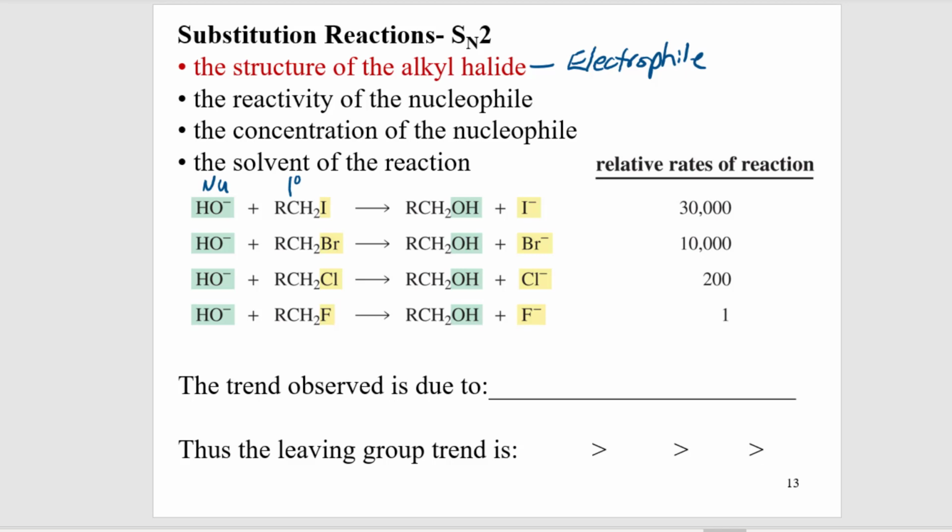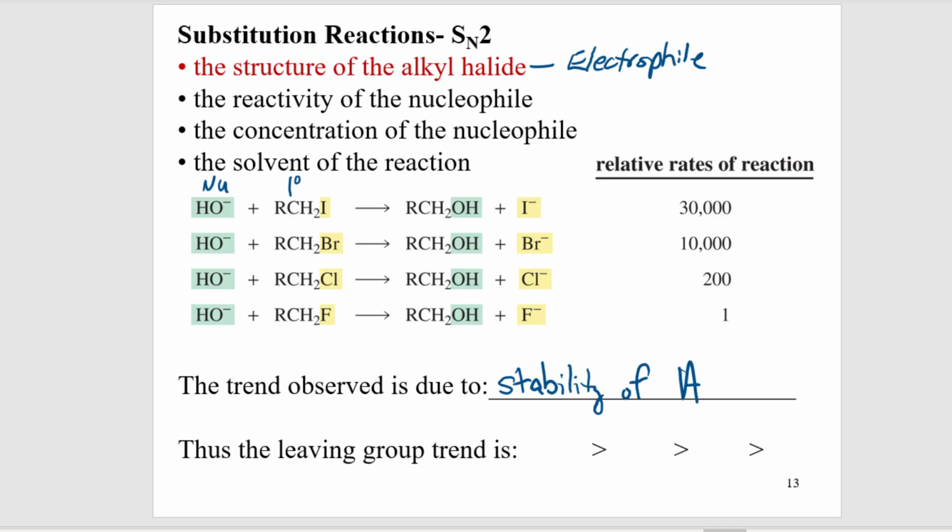The faster reactions have iodide as the leaving group. Think about why that might be. Look at that trend. Iodine is a better leaving group than bromine, than chlorine, than fluorine. This makes sense, and we've already looked at this. What pops off in the products is that leaving group. The negative charge left behind on that leaving group, the more stable it is, the faster the reaction. So you can think about it due to stability